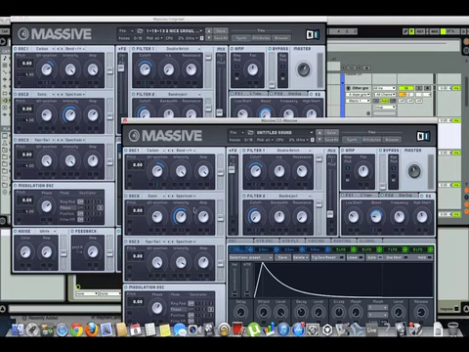The other thing I did, which is one of the last things, is I put this envelope on here. Now, I already explained the envelopes earlier, but basically what this is doing is I'm setting this up for semitones,